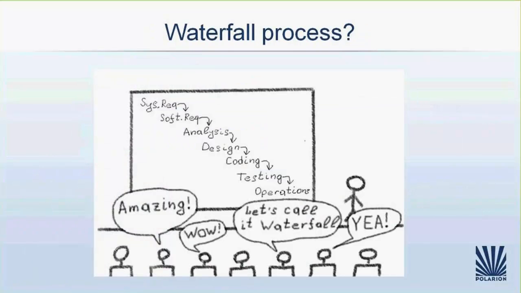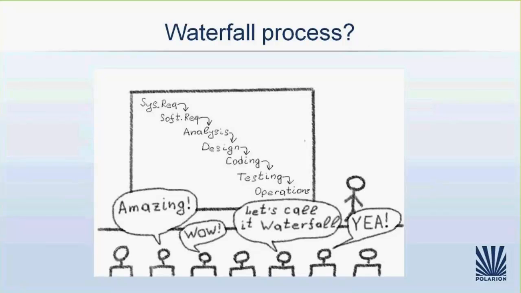Okay, so let's jump to the next. There was this guy, Winston Royce, who said, hey, everybody's swearing that everything is going on and it needs to be done correctly. So he came up with the idea of the waterfall process, where you have your system requirements, your software requirements, analysis, design, coding, testing, and then finally transfer to operations. Everybody thought it was great. Let's just call it the waterfall, it is the law, and let's adopt that worldwide, and everybody's going to be working with that. Perfect, yeah. Yeah, it's not that good.